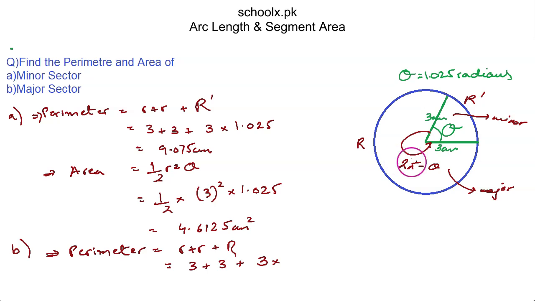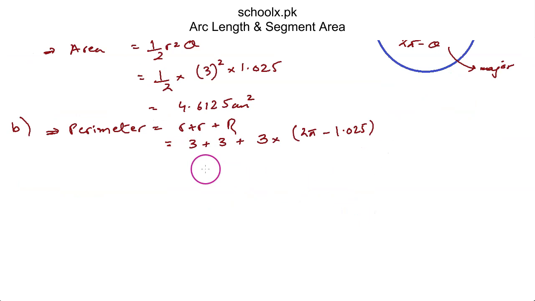Because 2π is one complete revolution, and this theta is part of that revolution. So the other part will be 2π subtracted from theta. We'll get 2π subtracted from 1.025 radians, right? Because we're working in radians. So the answer is